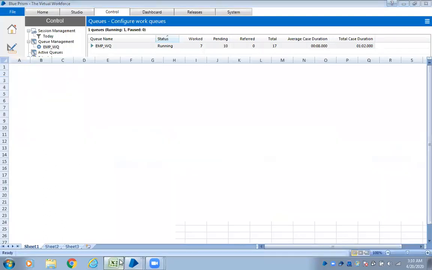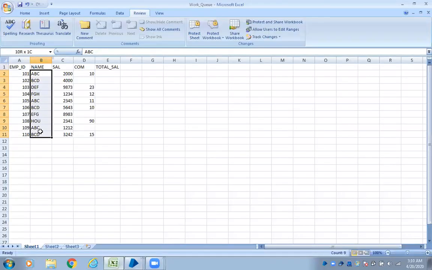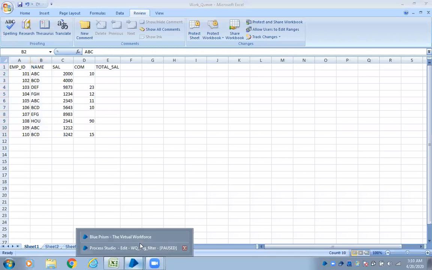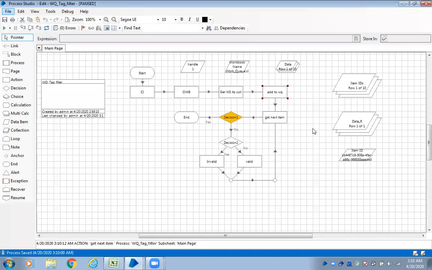Why is it happening here? But what are the tag names here? We have different names. This is because of the work queue functionality. When you come here, let's observe this.